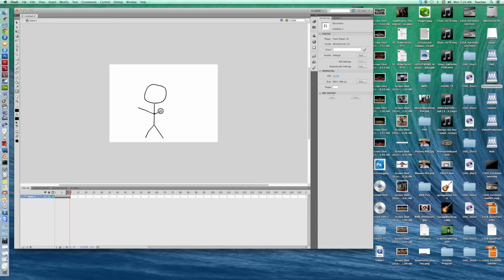Got my eraser tool. Erase that out of there. Onion skins are great. You can see where I've been. He's making a big wave on this one. F6, F6. Okay, so now, if we want to see exactly what we've got so far, watch the animation, see how it's running and everything,